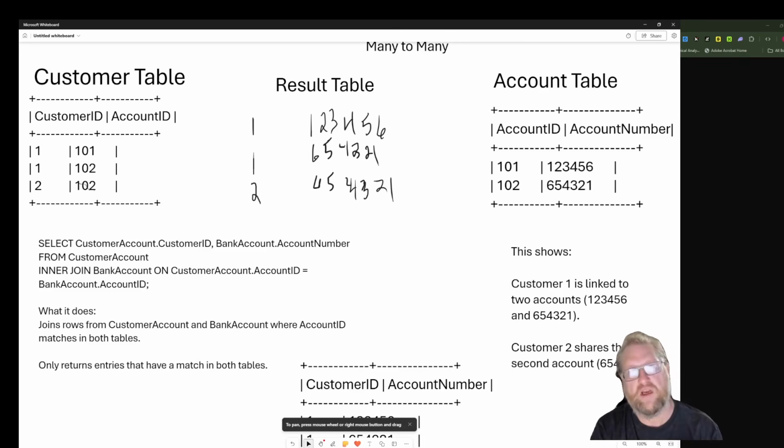And so now we have a query giving us all customers and their account numbers, so that we could also spot customers that share an account. And in this case,